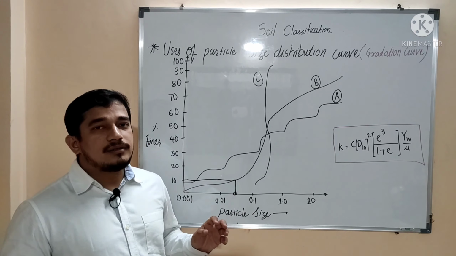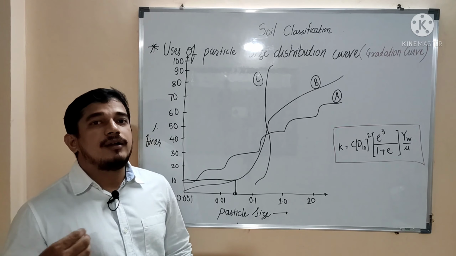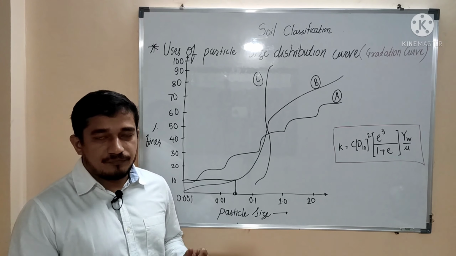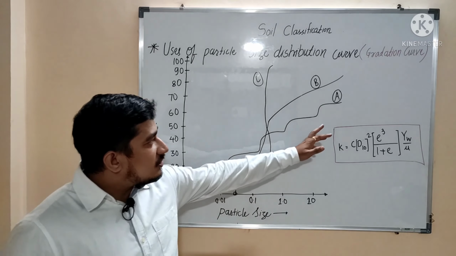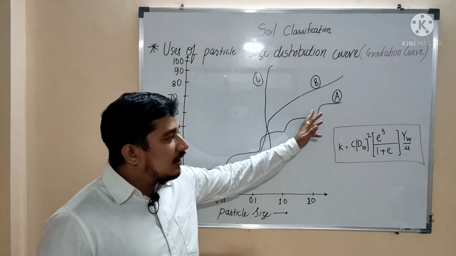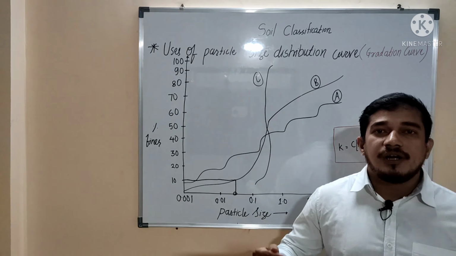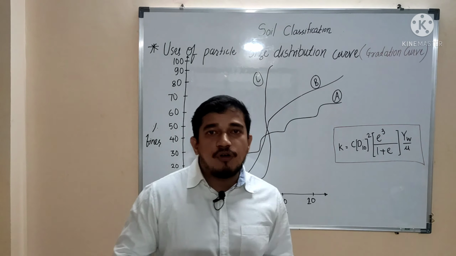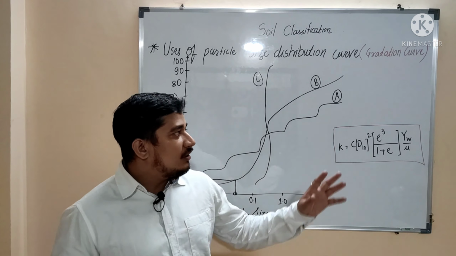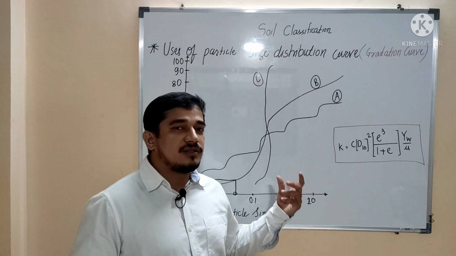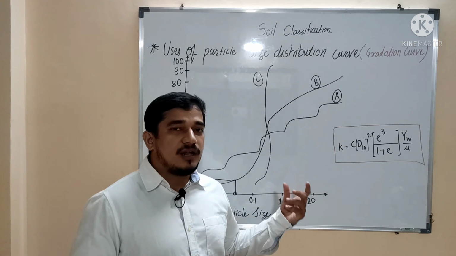Just by looking at the particle size distribution curve, we can have an idea about how the soil is formed. For example, in case of a skip graded soil, as some sizes are absent, we can conclude that this soil is deposited by two different agencies. It means that some of the soil is deposited by wind and some of the soil is deposited by water. So the mode of deposition is different in case of a skip graded soil. By looking at this graph, we can say that the soil is deposited by two modes.